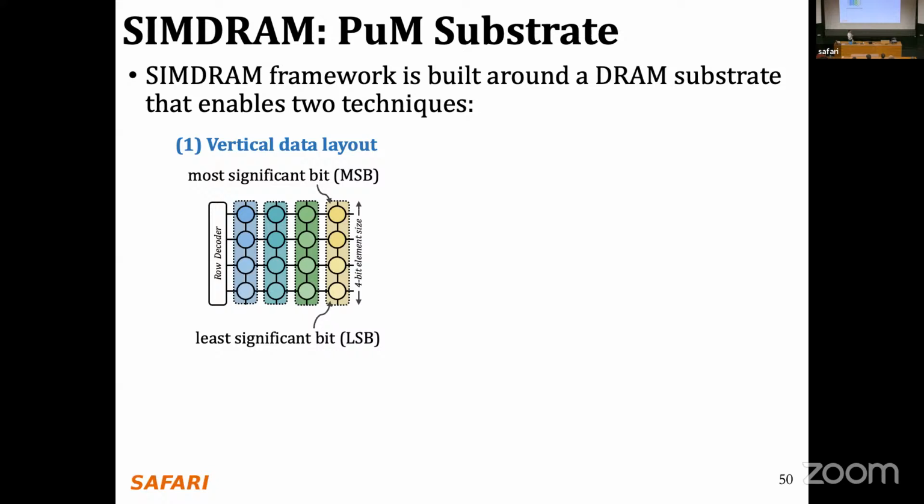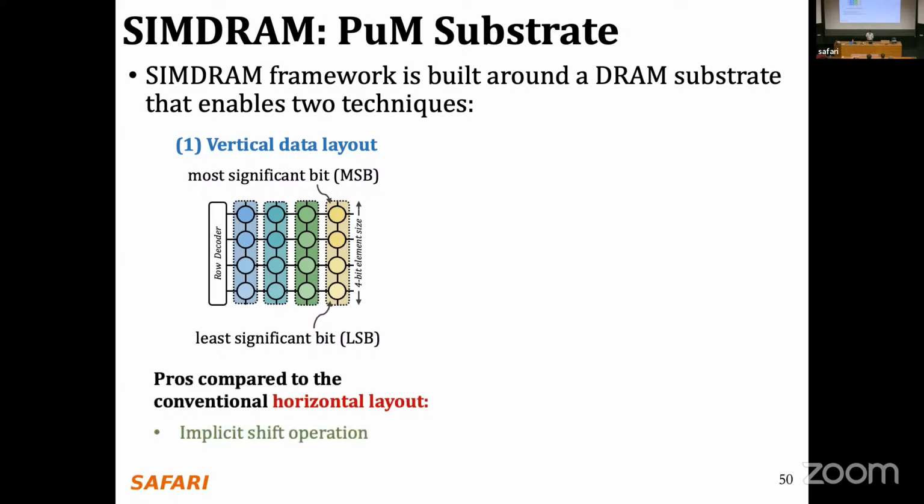They share the column, and now I can simply propagate a carry operation generated by adding this bit to this bit by doing a copy operation from one of the rows to the other rows. This is going to enable us to implement this implicit bit shifting operation, which is the primary operation that you do when you are propagating carry data through arithmetic operations.